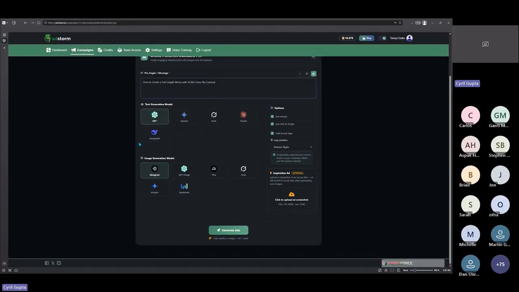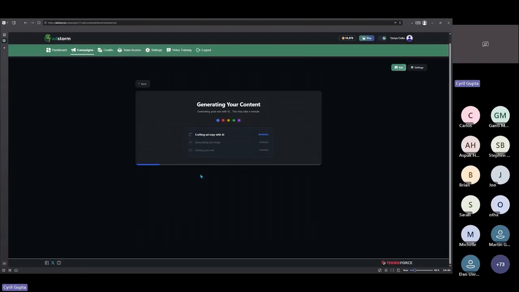Right, beautiful. And I can then choose the text generation model. So I'm going to go with GPT. It's a pretty good one. And you can choose the image generation models too. We've got Ideogram, GPT, Flux, Grok Imagine, Dream, all these amazing models. So I will go with generate with Ideogram. And if I create the ad for myself, I need to spend only 18 cents to do the entire thing, to create the visual, to create the copy, to create the text, to get everything done for me. I just click a button and it's all done for me in seconds.